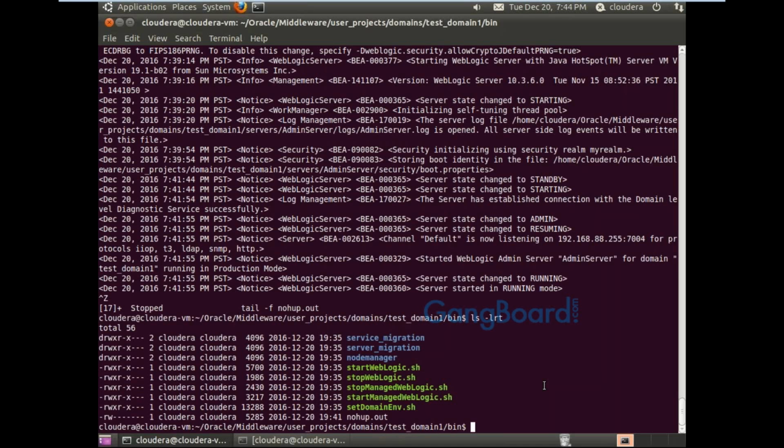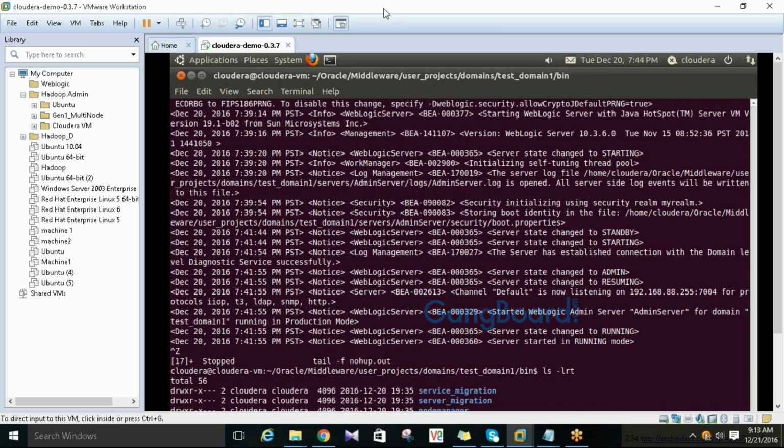Actually, config.xml will have all the IP or DNS name and then the port numbers for all the admin as well as managed servers, and setDomainEnv.sh is for the JVM performance parameters, whatever is related to JVM, where you are setting customized parameters. Likewise, it is by default. If I am going to change the parameter, it is for our customized perspective.